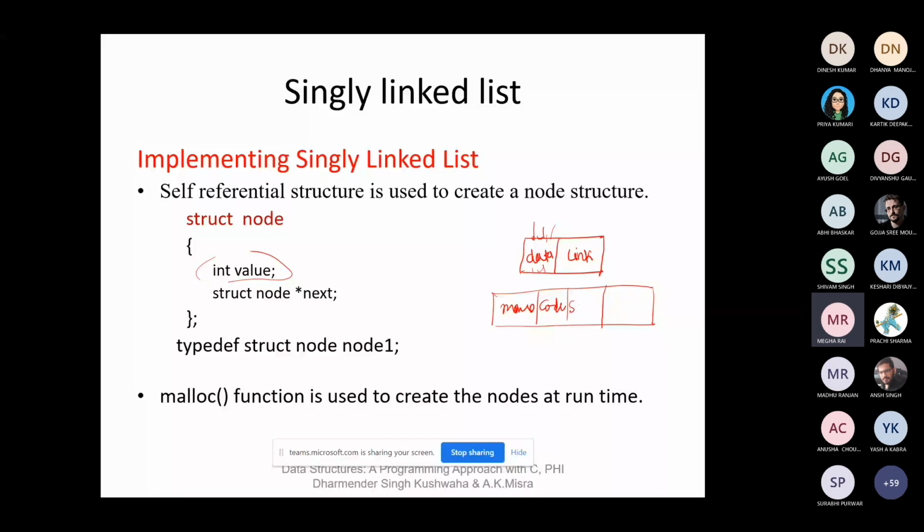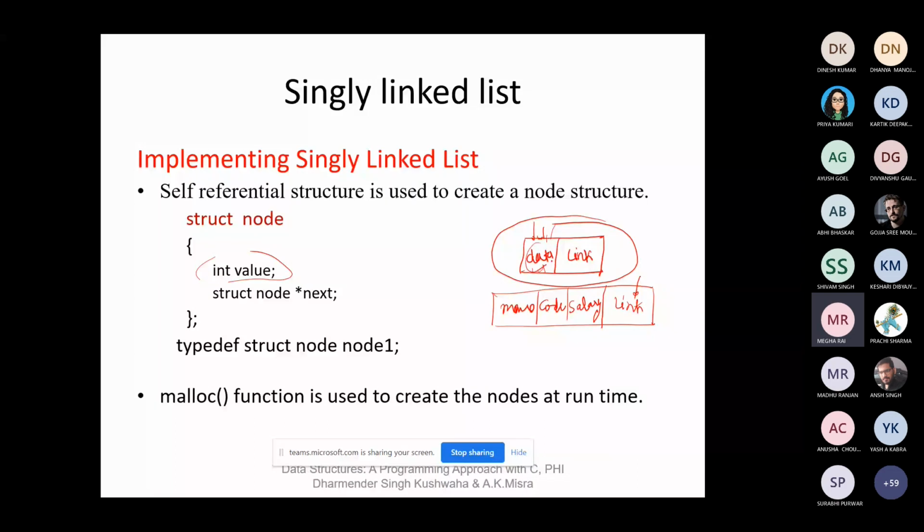And this part contains the link value. Here you can see that for each node we make a struct node. A self-referential structure is used because every node is similar to that particular node. Basically, only the data value changes.